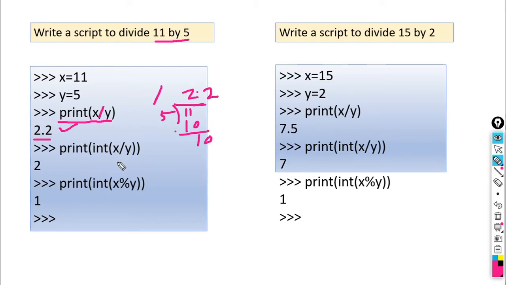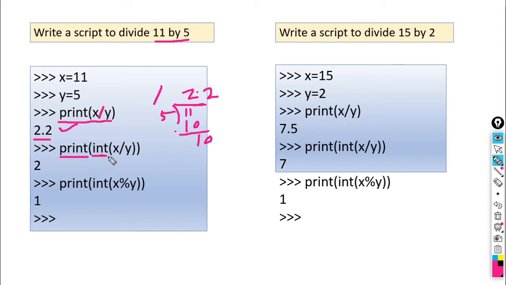So how can we perform integer division here? Int is used to convert the expression to integer format. This is used as a typecasting operator, so with the help of this we can convert a fractional value to an integer value.